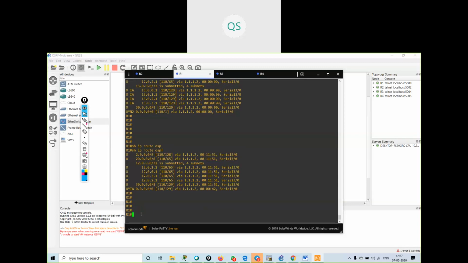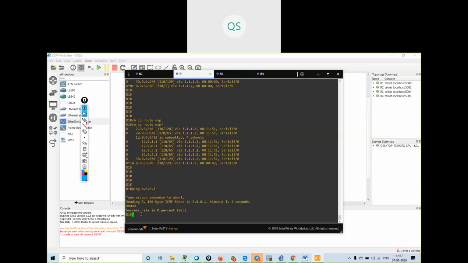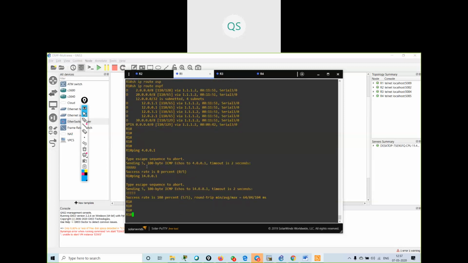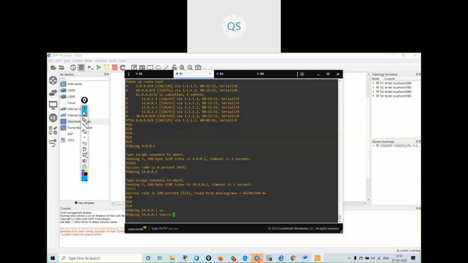If I ping from here the 14 network, sorry, I have given 4, I will be able to ping. I can reach it from the 11 network if I give the source ping, source 11.0.0.1.